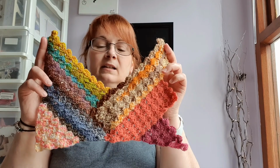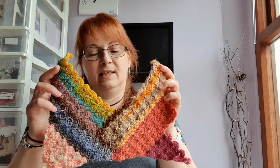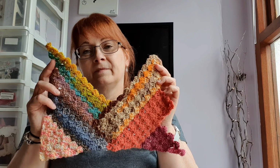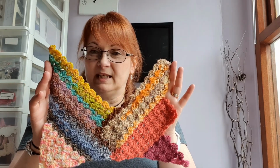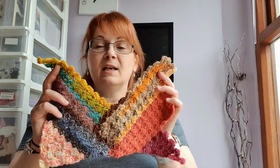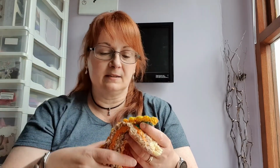and I'm not entirely happy with the result because you can't really see how cleverly it's constructed because of the variegated yarns. So my plan is I will do the blanket again, but I'm going to use my DK, because this is all sock yarns. I'm going to use my DK scraps because they're all solid colours, and then it will be a lovely scrap blanket that you can see the herringbone effect. But that still left me with the dilemma of what was I going to do with my scraps. And then it came to me